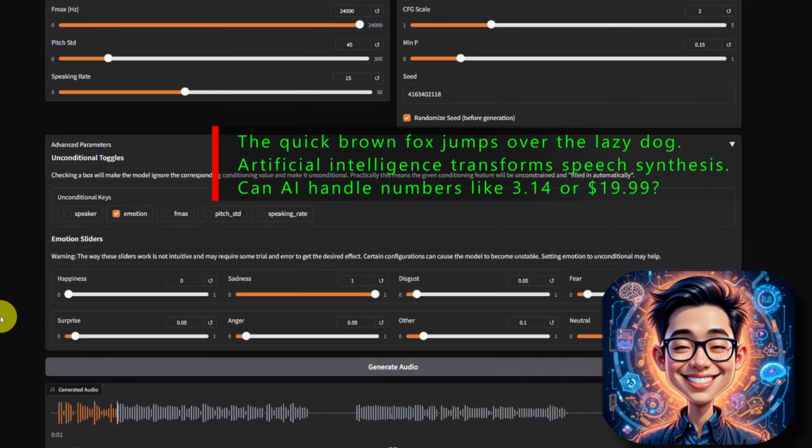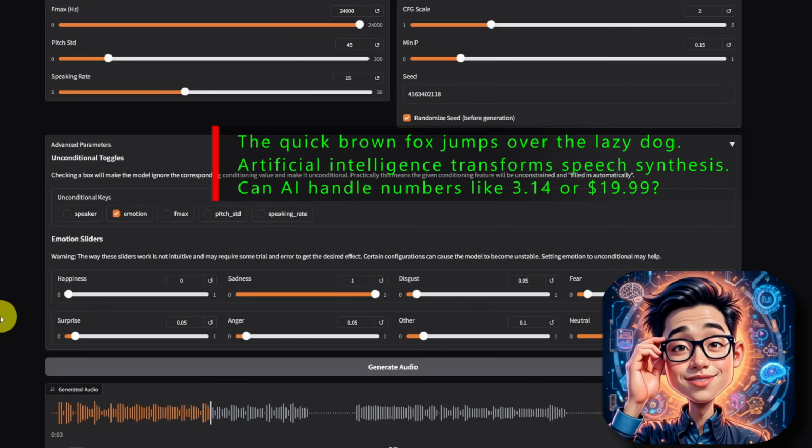The quick brown fox jumps over the lazy dog. Artificial intelligence transforms speech synthesis. Can AI handle numbers like